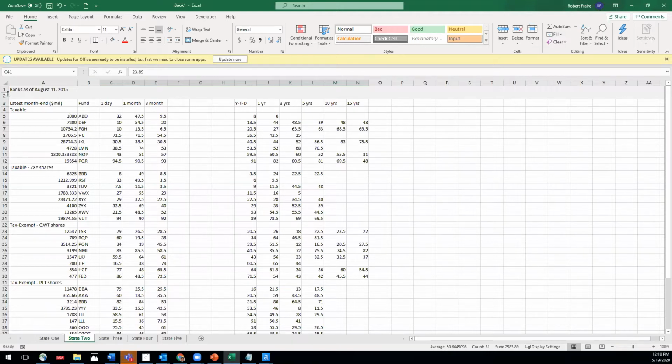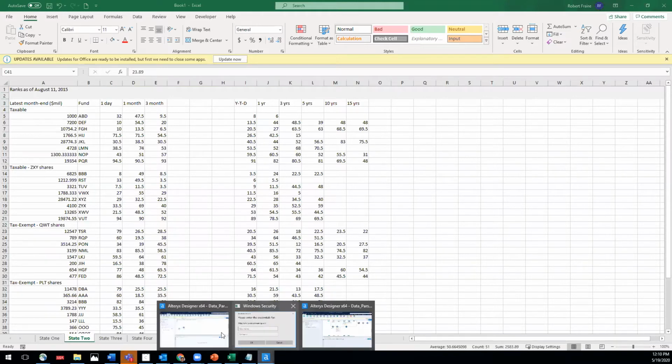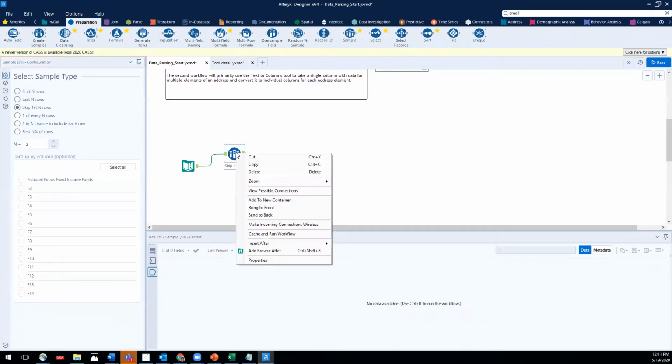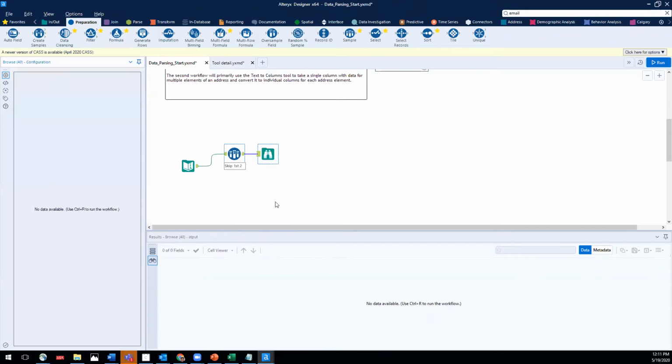So in order to do that in Alteryx, we will look at the configuration window. We're going to come down here to the third option, which is Skip the first N rows, and for N, I want to put in the number 2. All right. And then what I always like to do when I'm building a workflow is put a browse tool at the end,